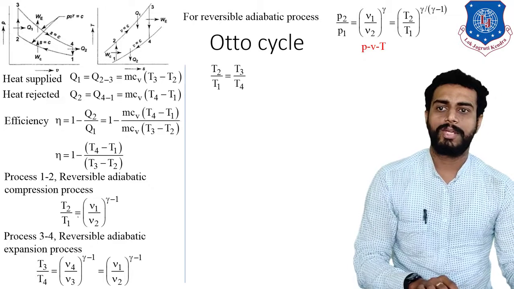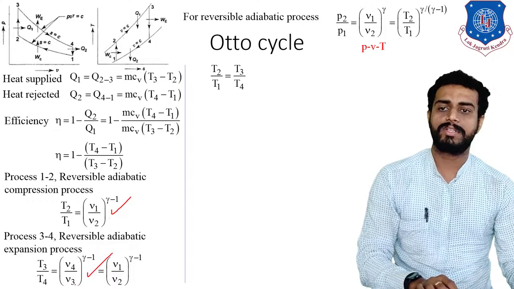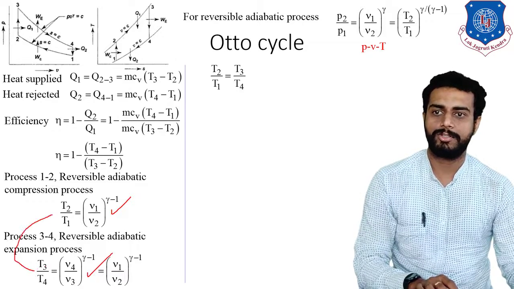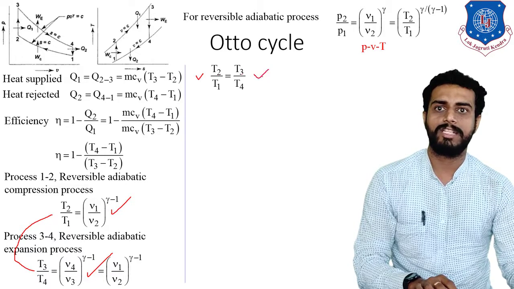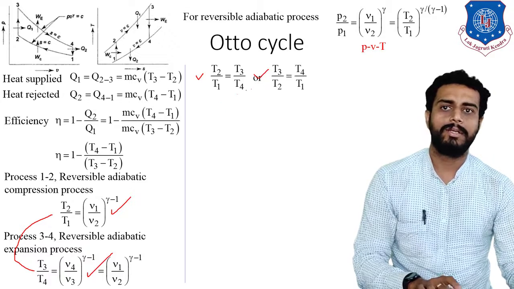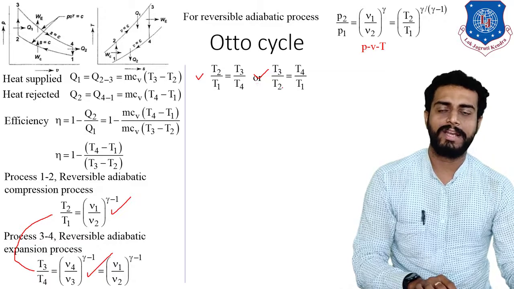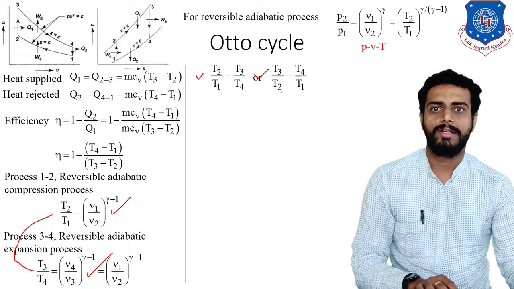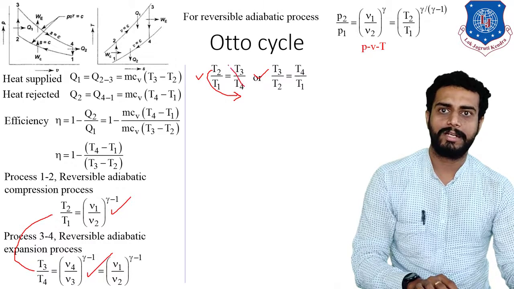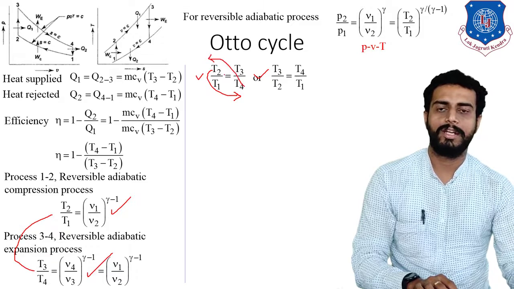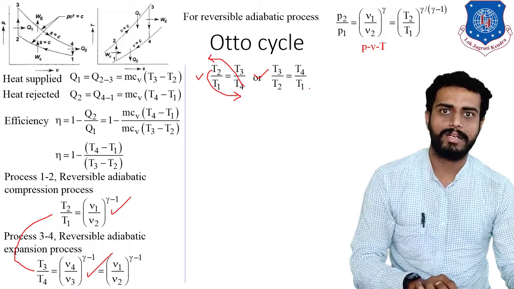So here you can see, as we were discussing, both equations have the right hand side same. So you can compare these two left hand sides. That is why T2 by T1 is equal to T3 by T4. Now I will rearrange the terms. So I can write T3 by T2 is equal to T4 by T1. Sir, how have you rearranged the terms? Simple. I have moved this T2 to the denominator and this T4 to the numerator, because according to the rule of mathematics you can interchange that, right? So that is how you can write it.